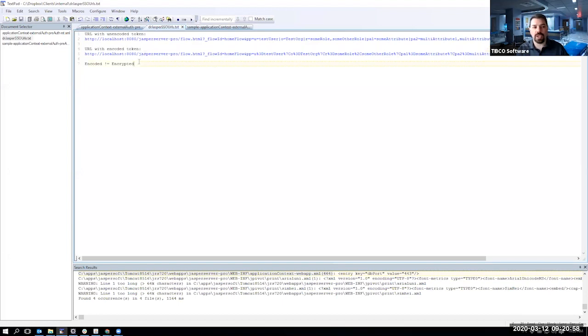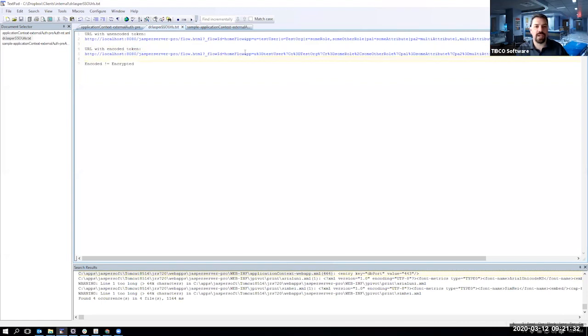All right, encoding is not the same as encrypting. It's a little bit different, but there are online encoders if you're just trying to test it, that you could literally run this section through, and that's what I've done here. I took this, went to an online encoder, and quickly encoded it. What that does is it replaces all the special characters with the ASCII codes. So you see equals gets replaced with %3D, pipe gets replaced with %7C, and so on and so forth. All right, so once I have the encoded URL,